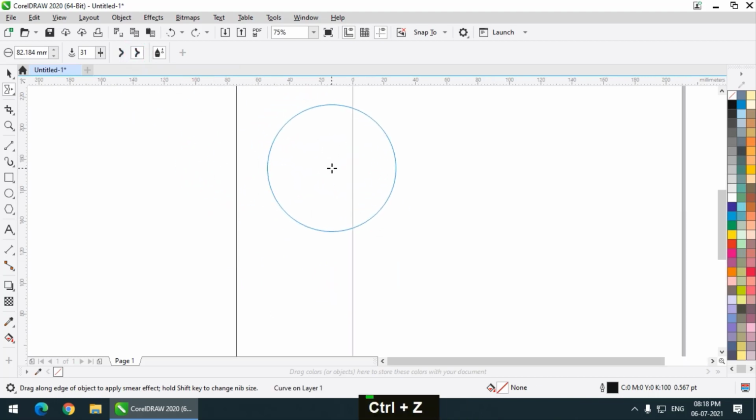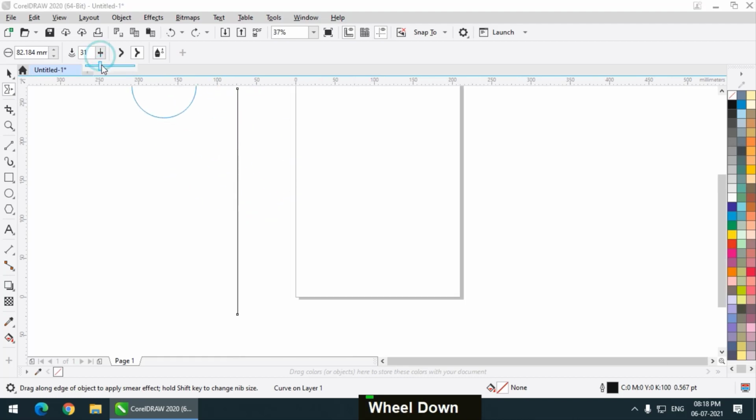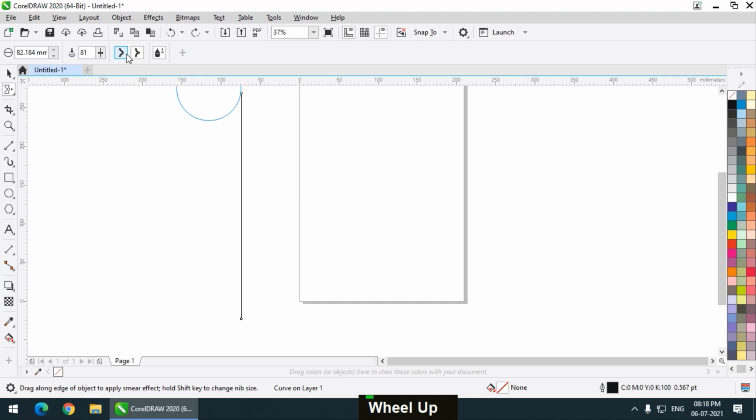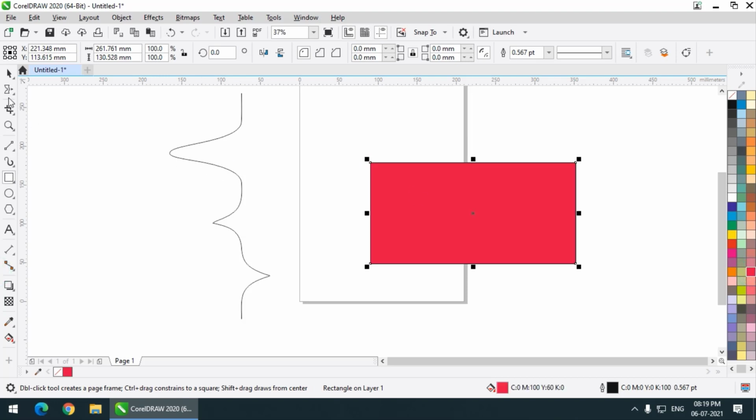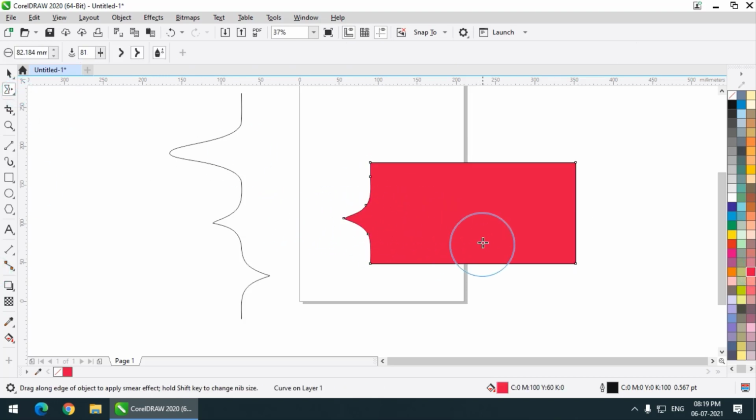As you can see, I will increase the pressure so that we can clearly see the difference. So this is the smooth smear and this is the pointy smear. So this is how it works. You can also use it on any shape that you create, like this.